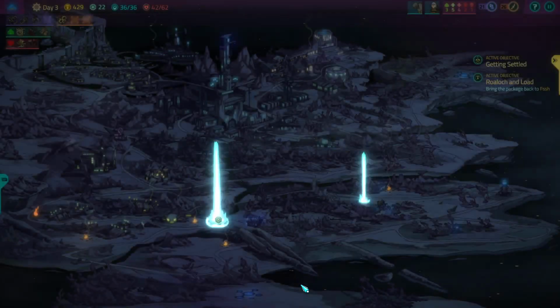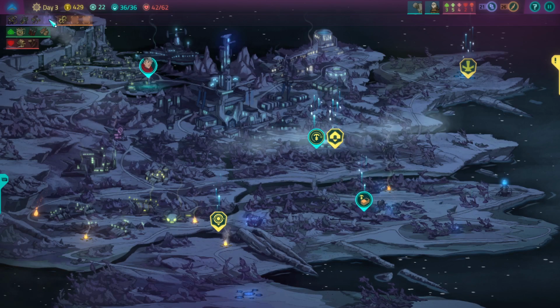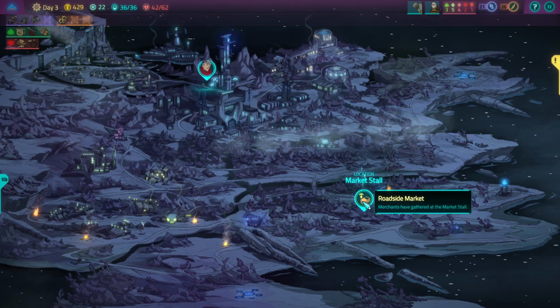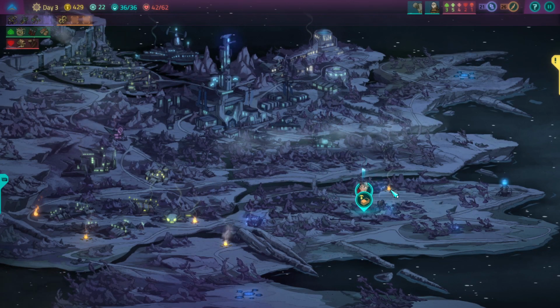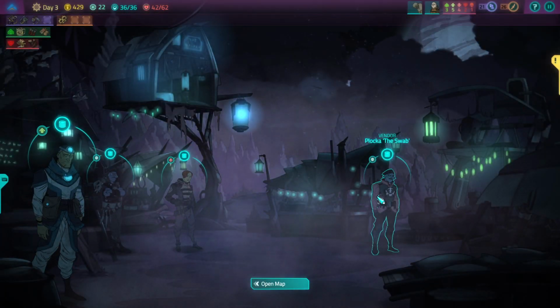That was pretty fun. So I did not get a graph for that. Maybe you only get graphs at the end of day 1 and 2. Pop on over to the roadside market and drop our 420 gold and call it a day, shall we? I want to buy...